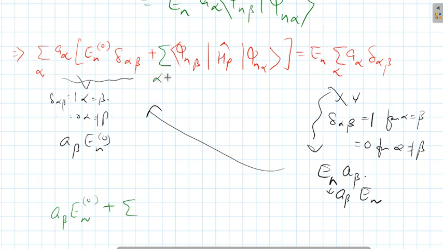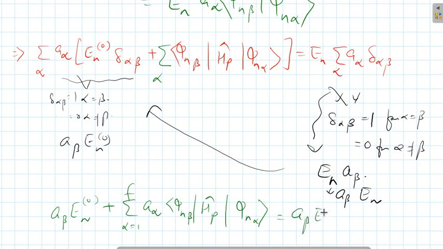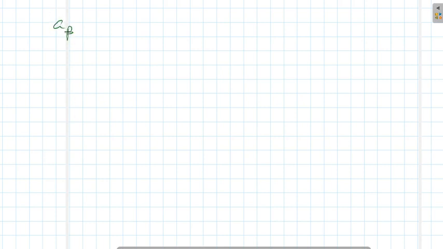So it is summation alpha equal to 1 to F, A alpha phi n beta HP phi n alpha, and it must be equal to A beta En, right? So if I bring this part to that side, this equation will become A beta En minus En naught